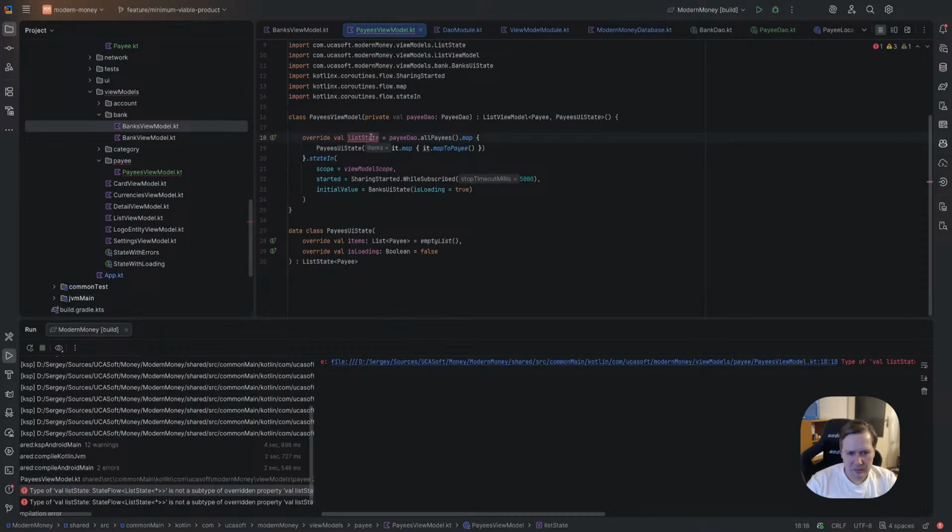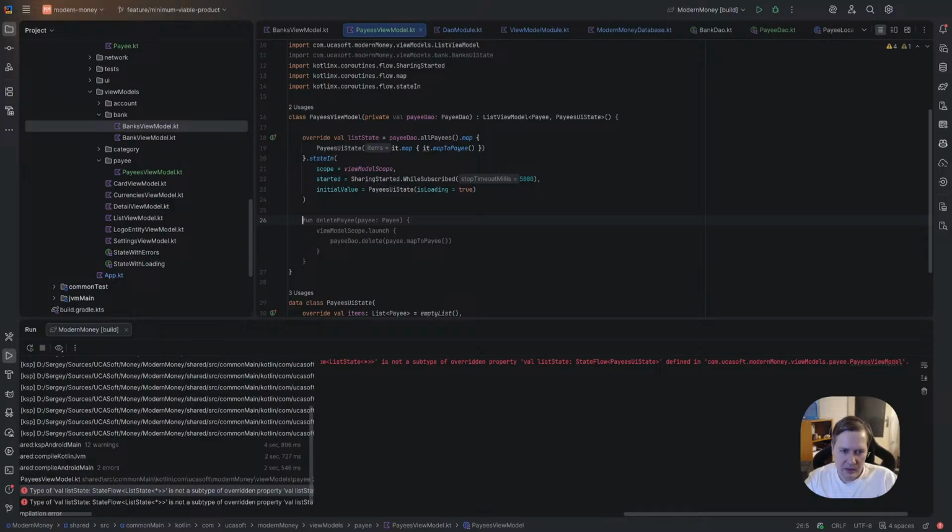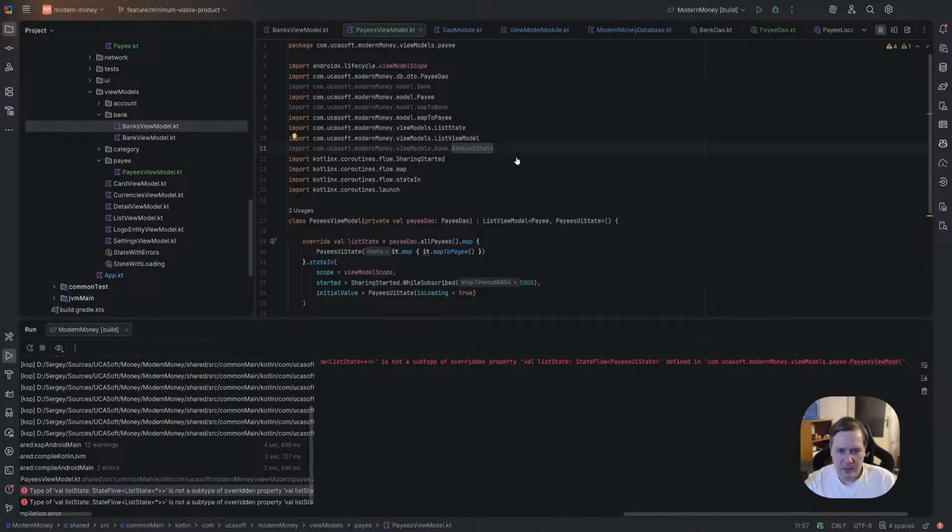Okay, and we type list state flow list state is no subtype override property payees UI state. But it is exact. Okay, here, yes, my bad. Okay, now it's good, and we need this. Let's see. Yes, nice. Okay, everything is good. Yes, we need to clean up,